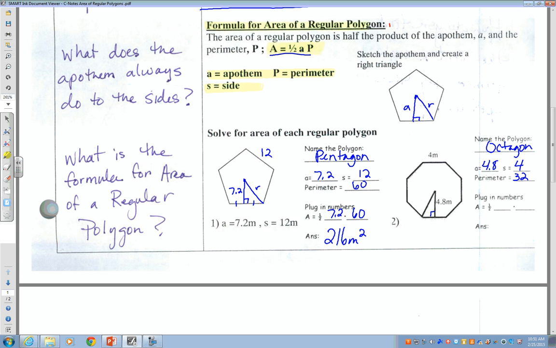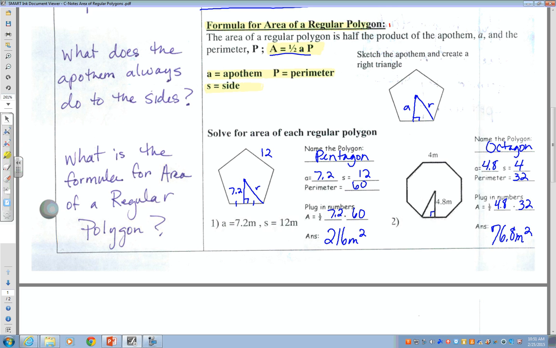You will have a decimal answer here. 76 point what? Yes, good. Meters squared. Okay. So making sure you know where each part is and what it represents so you can plug it into the formula